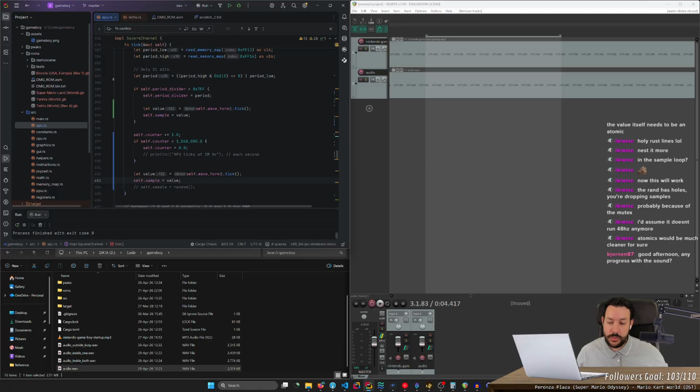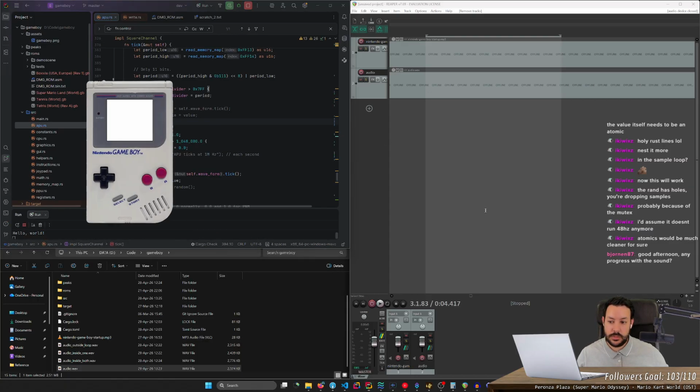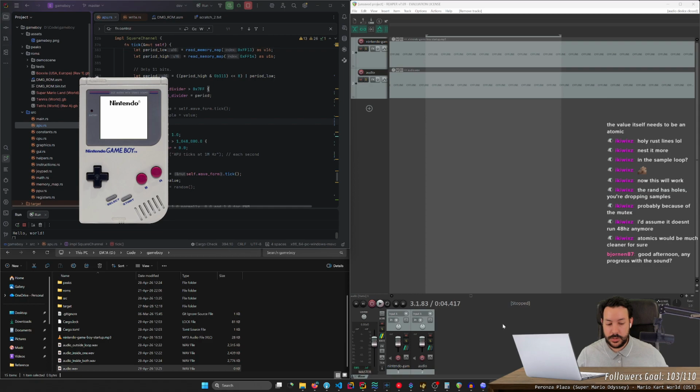I mean, I could do it like this, but this will tick every time that I'm not using the period divider for anything, which I think I should.